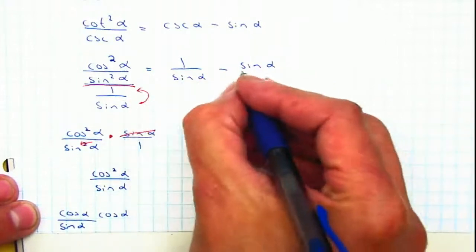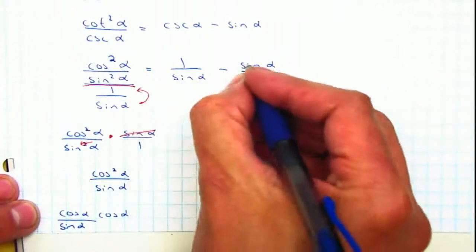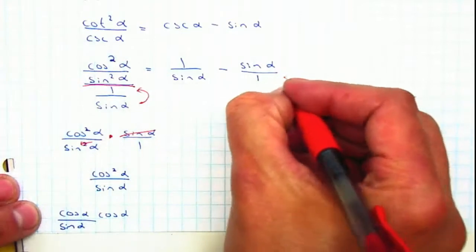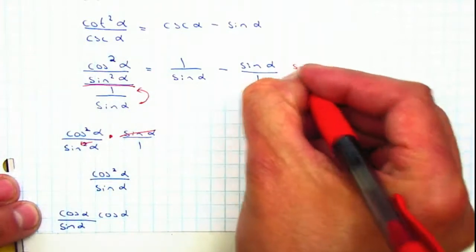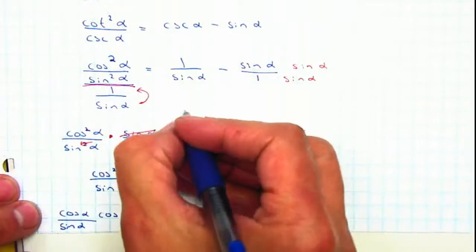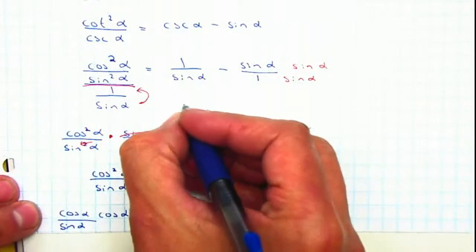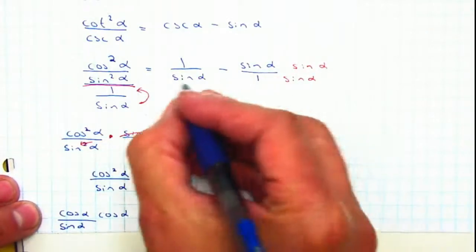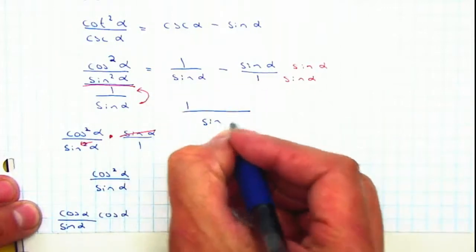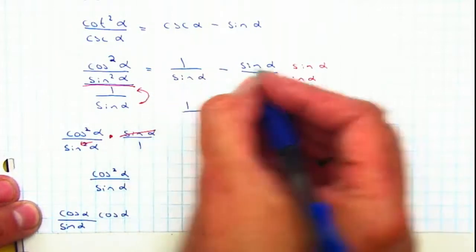Since I have two fractions, I'm going to place over 1. I need to have the same denominator so I can simplify it. I'm going to multiply the right hand side by sine of alpha. That will give me 1. Now that they have the same denominator, my denominators will stay the same, which is sine alpha. And this will be 1 minus sine square